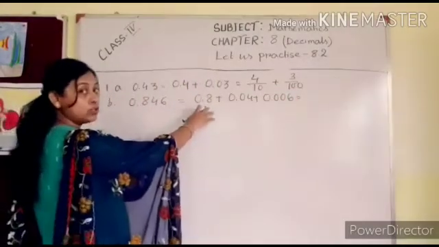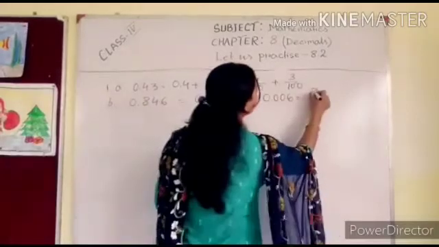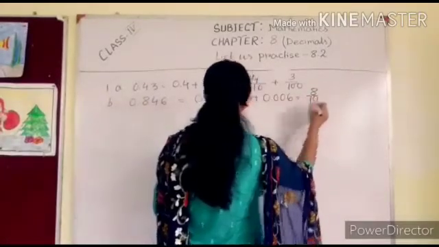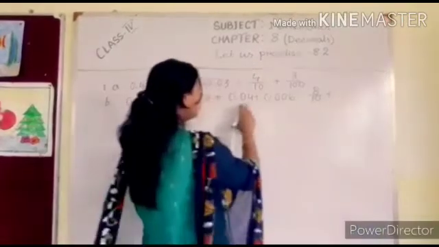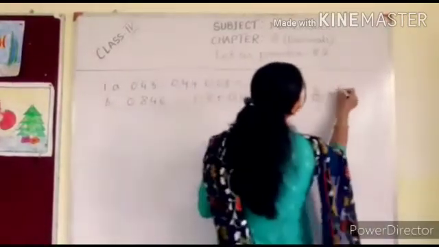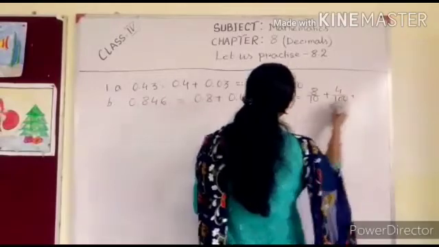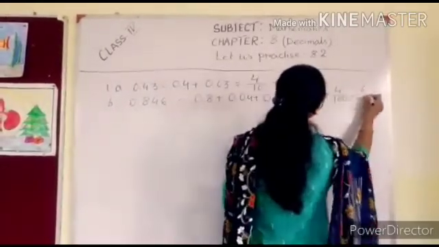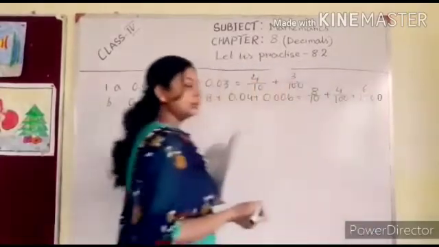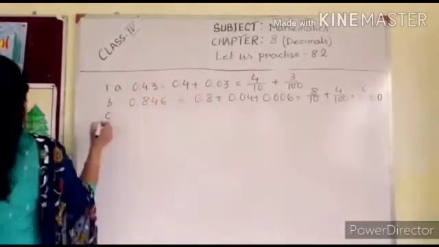After the decimal point here is one digit, so the denominator is 10. Next, 2 digits, so the denominator is 100. Then 3 digits, so the denominator is 1000. Clear? Now the next one, C